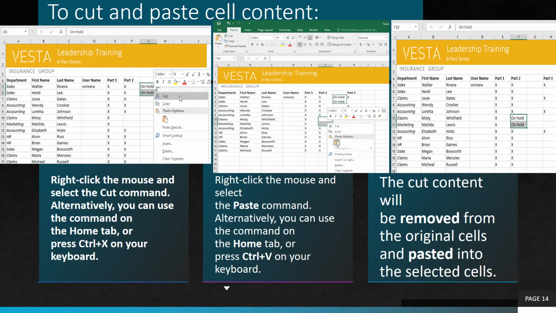How to cut and paste cell content. Unlike copying and pasting, which duplicates cell content, cutting allows you to move content between cells. First, select the cells you want to cut. For example, we select